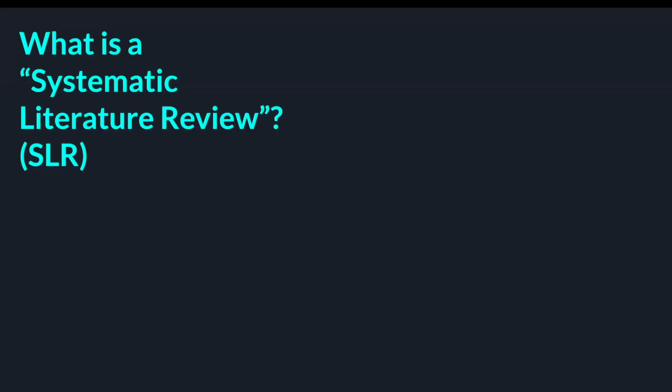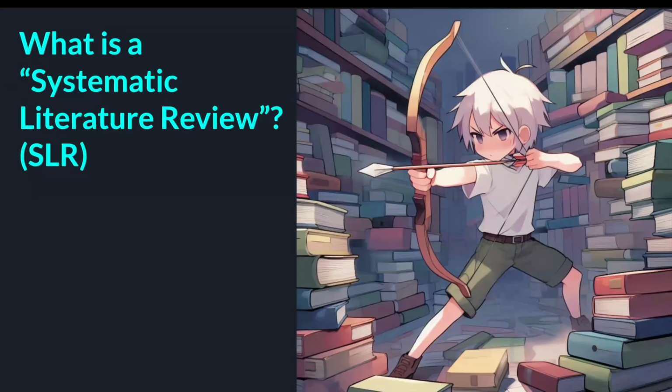Okay, so what is a systematic literature review? Broadly, it is hunting down specific literature. So you go outside in the real world and you check which papers you really have to hunt down, you analyze them and you report the results.